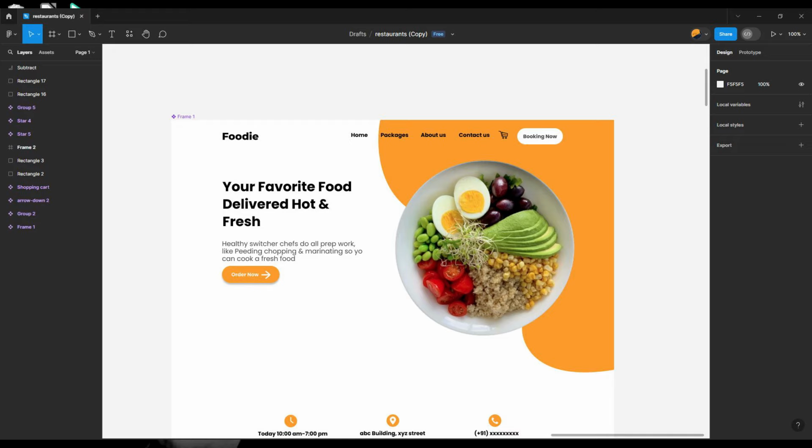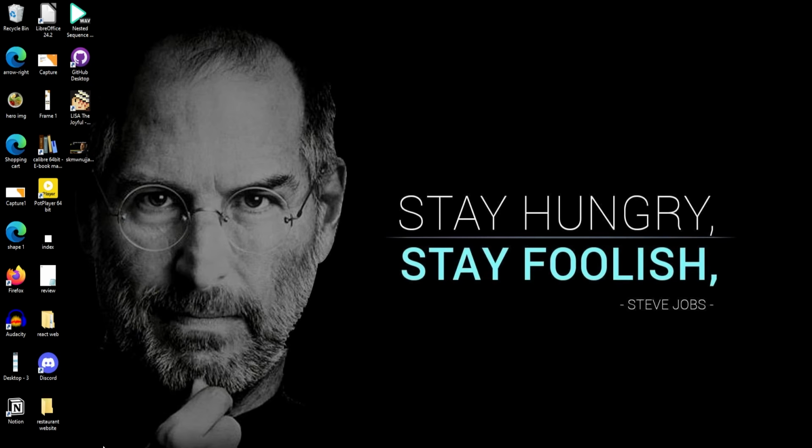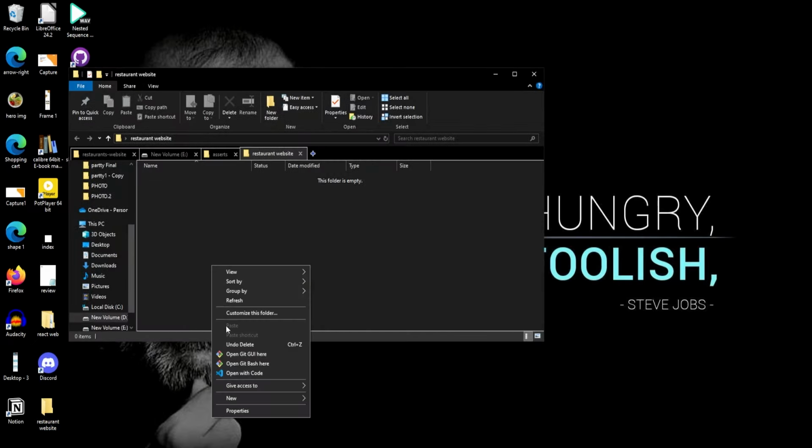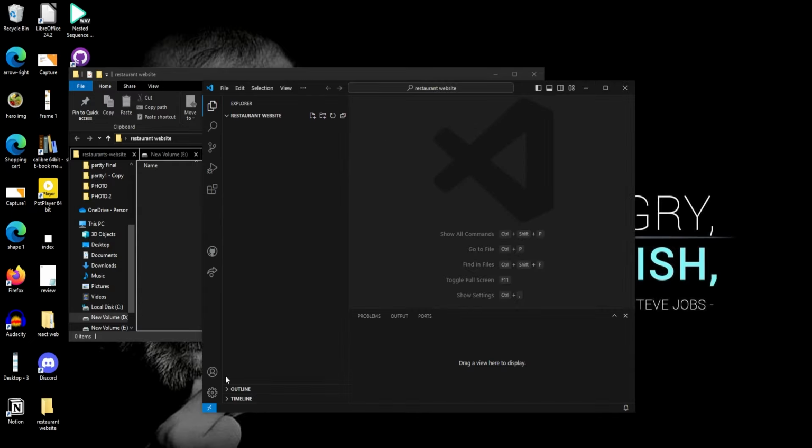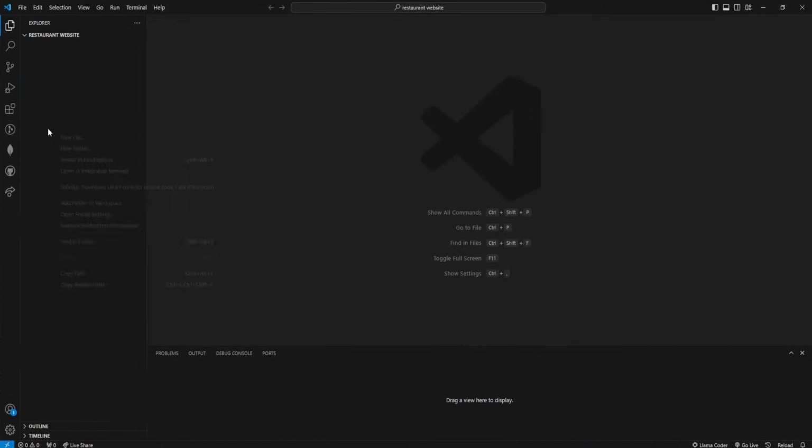In this video, we will develop the hero section only. So let's start coding. First create a new folder and rename it restaurant website. Open the folder and right click on it and then select open with VS Code. VS Code will open and now create a HTML file